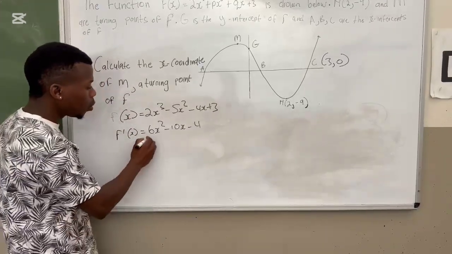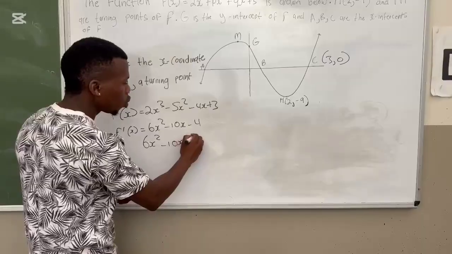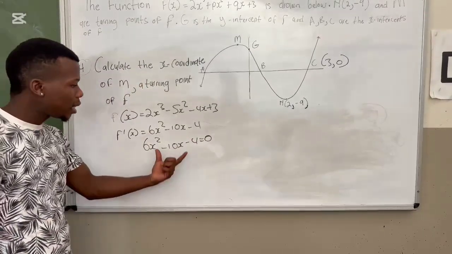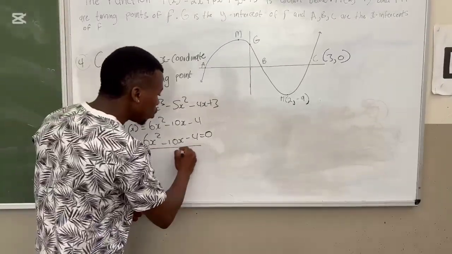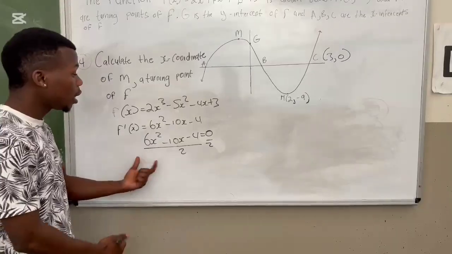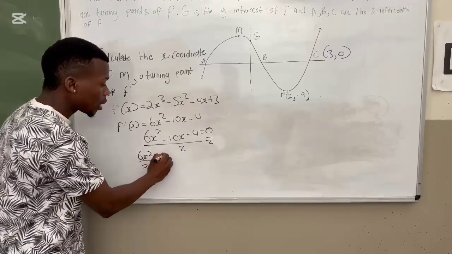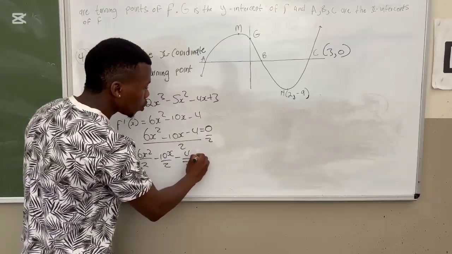And then remember, we said we are going to take our first derivative and equate it to 0 and solve for x. I can divide by 2 on both sides, which is what we call sharing is caring. Here I have 6x squared divided by 2 minus 10x divided by 2 minus 4 divided by 2 equals